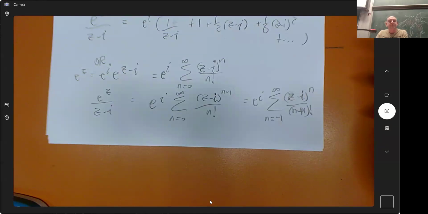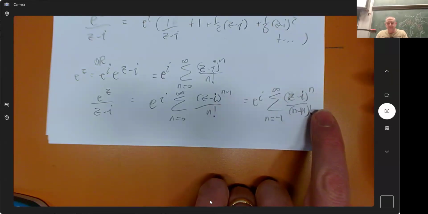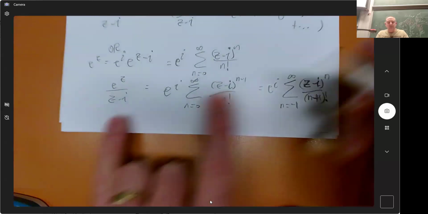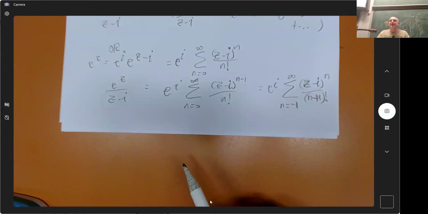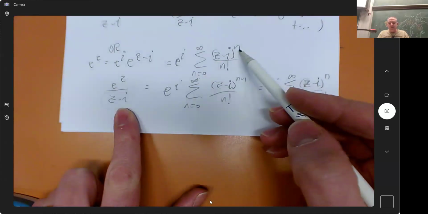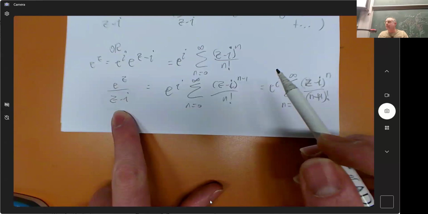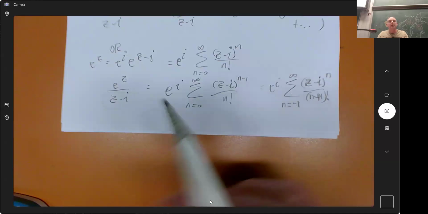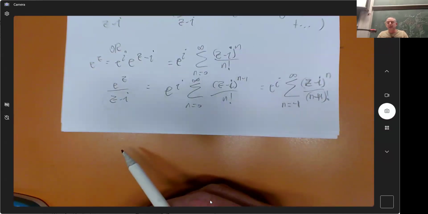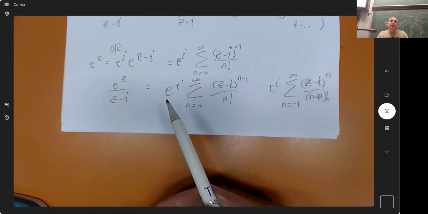But how do we go from z minus i to z minus i to the n minus 1? The line before is identical to the other. I divided by z minus i. Thank you for being more precise about what the question was. Yeah, so with this one, the reason it went down by 1 is because I divided by z minus i. And so it made all the powers go down by 1. Yay. And most of the time, it's a tradition to just use the Taylor series you already know.